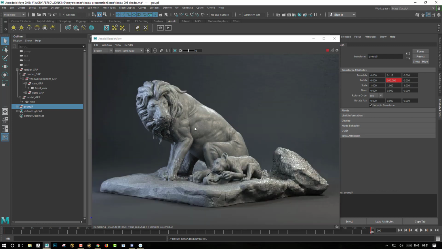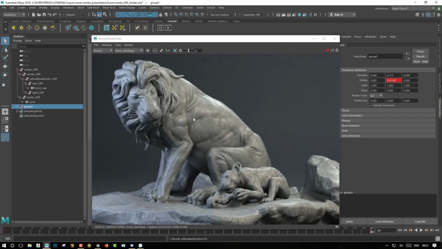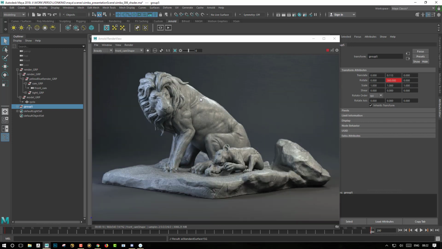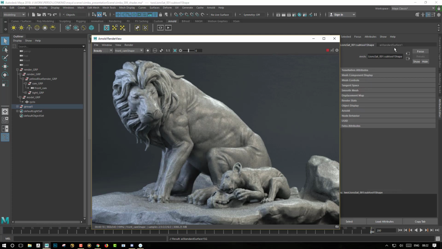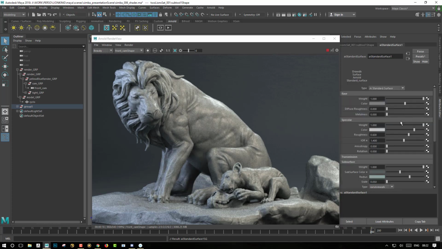So I think it's still not enough, and maybe we have some noise coming from the beauty, coming from the diffuse or the specularity. So I will show you in another video how to reduce this noise better.